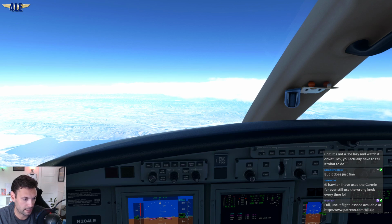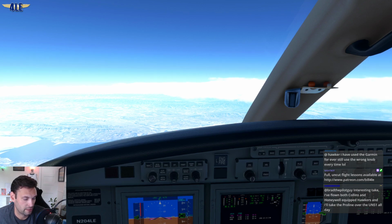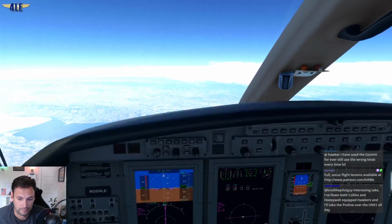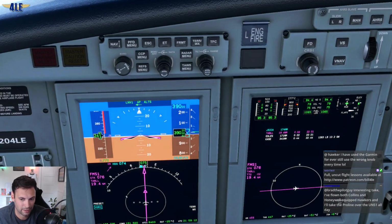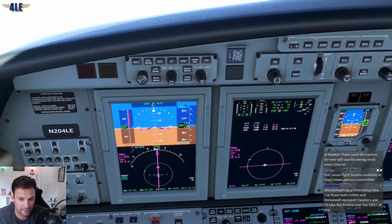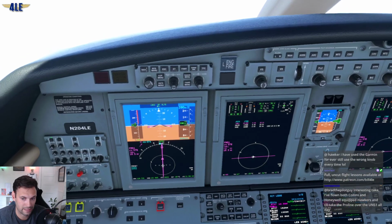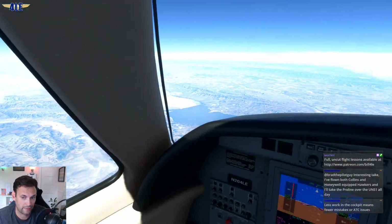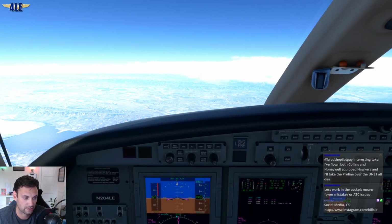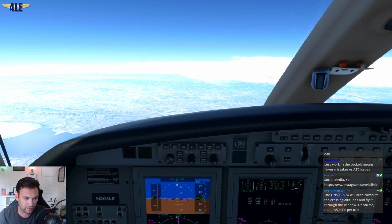Brad, if you're able to make the descent here, I was trying to play around with the VNAV here. I get the little dot on the vertical speed, but it doesn't capture it, and I don't know if it needs to capture it or if it's just telling you what your vertical speed needs to be, and then you have to manually dial in that vertical speed as a calculation. I think I was close to figuring that out, but